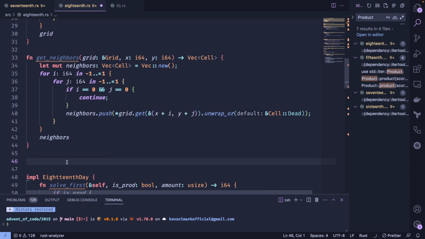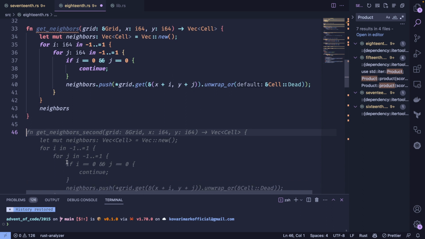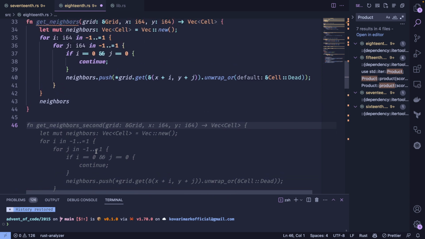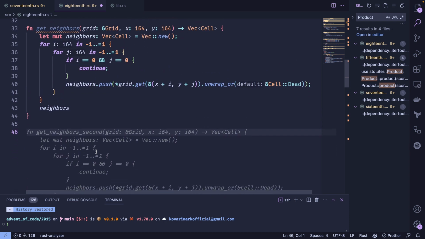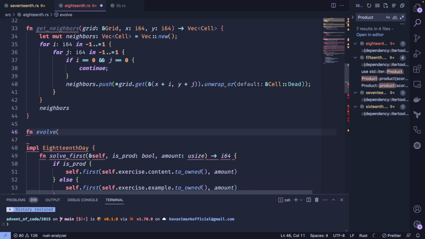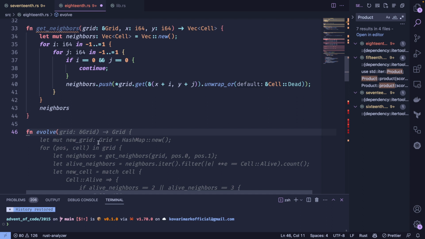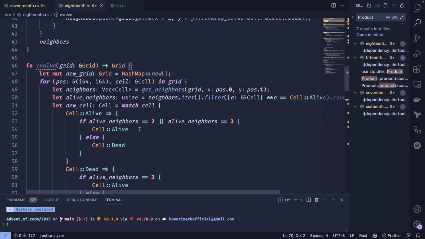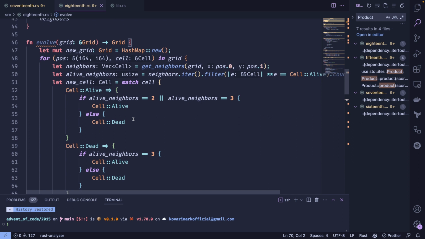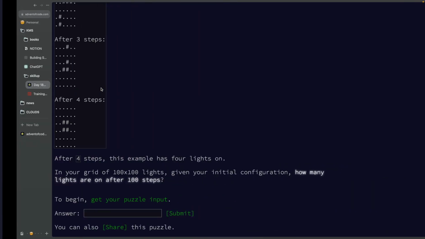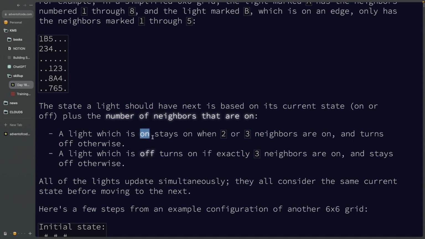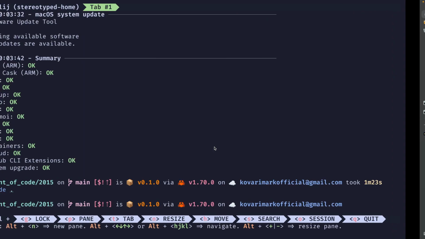There should be a function, evolve, which should get a grid and return a grid. And we should apply the rules which are described here. So if the cell is alive, if it's on and 2 or 3 neighbors are on as well,